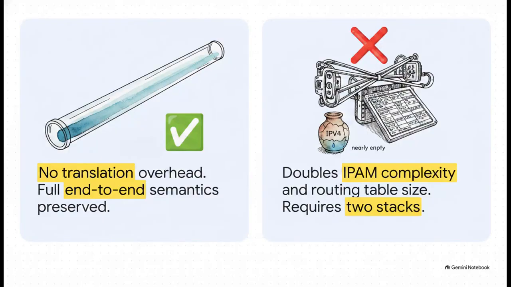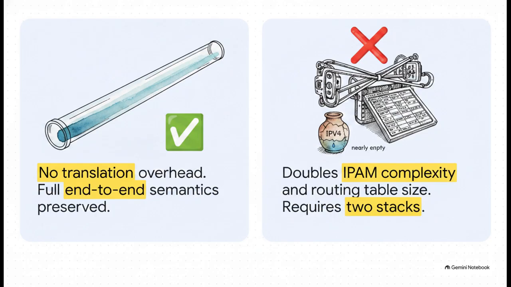When we weigh the trade-offs, the advantages are pretty clear. You maintain full end-to-end semantics, there's absolutely zero translation overhead, and you can deploy it incrementally. But the disadvantages are huge. You are literally doubling your IP address management complexity, you're doubling your routing table sizes, and your DHCP infrastructure. And most importantly, it doesn't actually solve the IPv4 exhaustion problem, because you are still burning a public IPv4 address